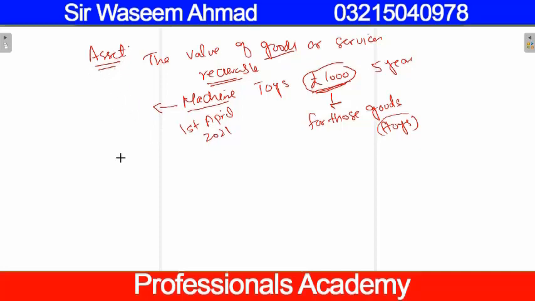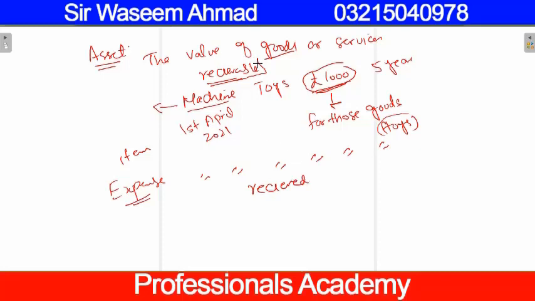So every item that you purchase, for example, you purchase furniture and you are going to use it over the year in your business, the amount paid for that furniture is against the services that you are going to receive over the years. And the second category, expense. Now the same services receivable are going to be received over the years. So expense is defined as the value of goods or services received.